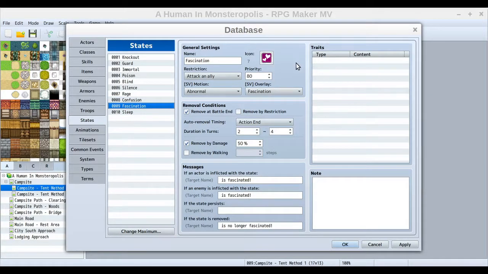And then Fascination, just in a similar manner to Rage and Confusion, but its restriction is attack an ally. So Fascination is even more frustrating potentially for the player, because it's never going to have a chance to attack the enemies, and you're always going to attack your allies. So that's a pretty tough one, but again, it's set up pretty much the same way here, just like Confusion and Rage, with no extra traits or anything, just always attacking your allies, and you get the idea at this point, hopefully. And finally, with Sleep,